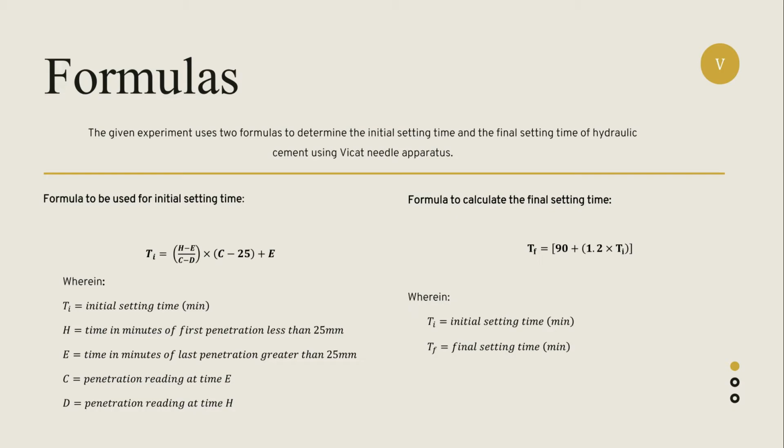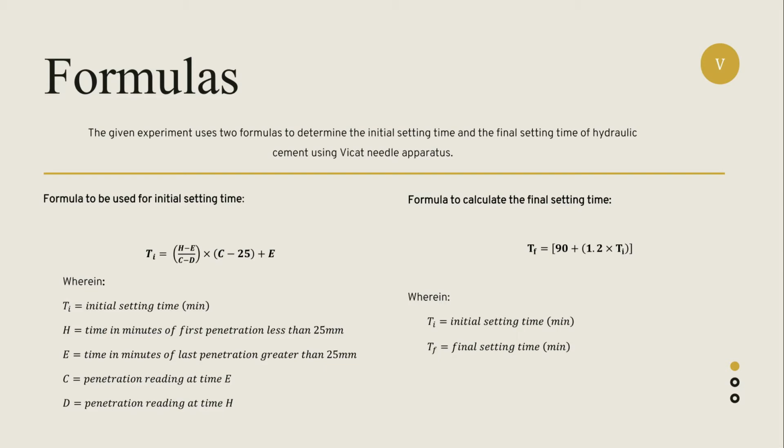In this section, we will be having two formulas to obtain data and results. These two formulas will be used to determine the initial and final time setting of hydraulic cement using the Vicat needle apparatus. For initial setting time, we have Ti equals the quantity H minus E all over C minus D